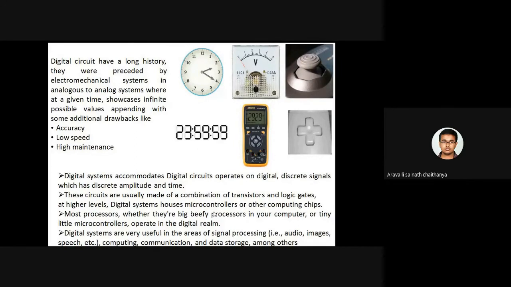So we have plenty of wide application areas. These are used in signal processing, in audio and video processing, in computers and space applications. And we can find digital systems in a plenty of other applications.